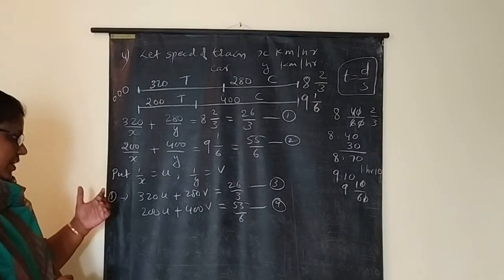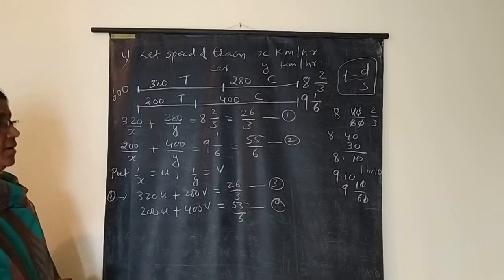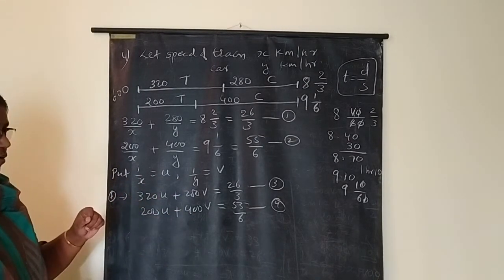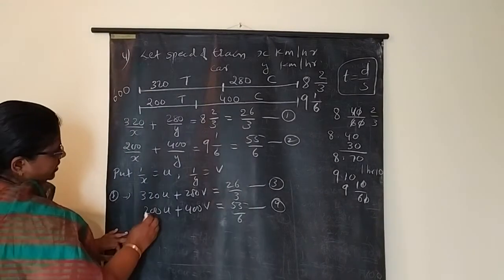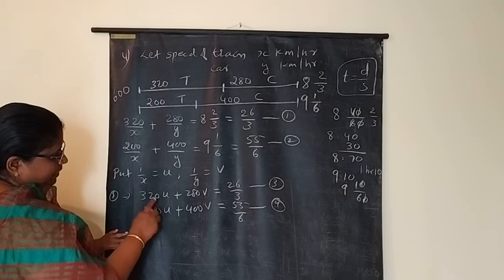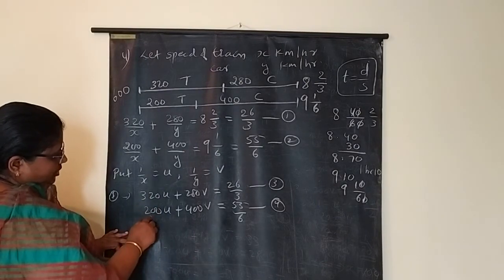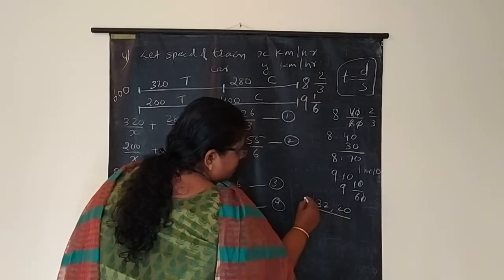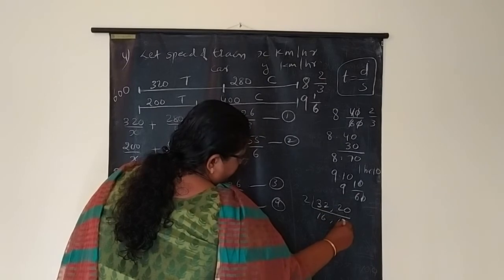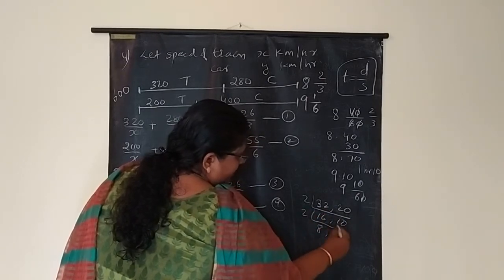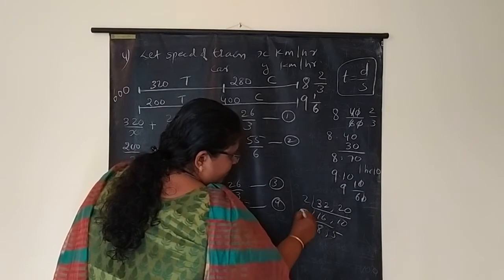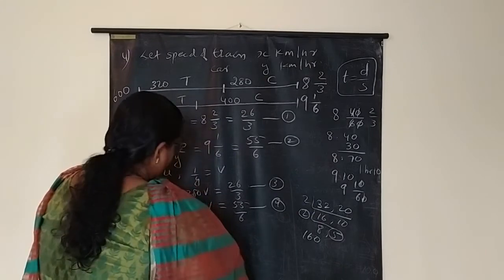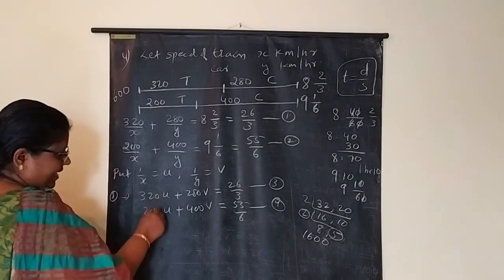Now you decide which one you want to make equal, either u or v. In this case I am going to make u equal. Okay, u equal means here you see this 0, 0. It is a multiple of 10. Now what is remaining? 32 and 20. So just you find the LCM of 32 and 20. 2, 16, 10, 2, 8, 5 over. Now 5 into 2, 10. 8 into 2, 16, 160. And one more 0. Why? Because we didn't take this 0.